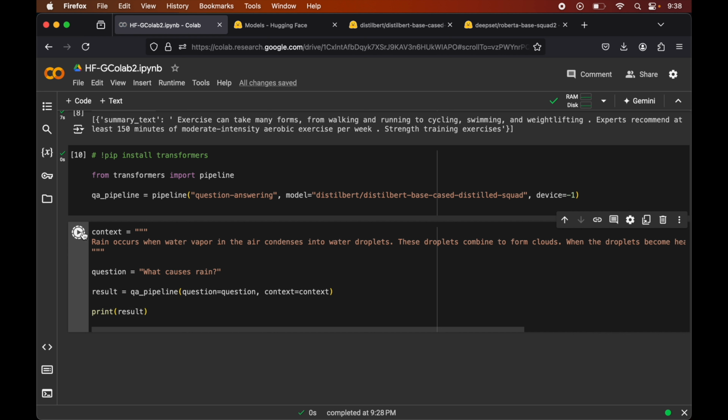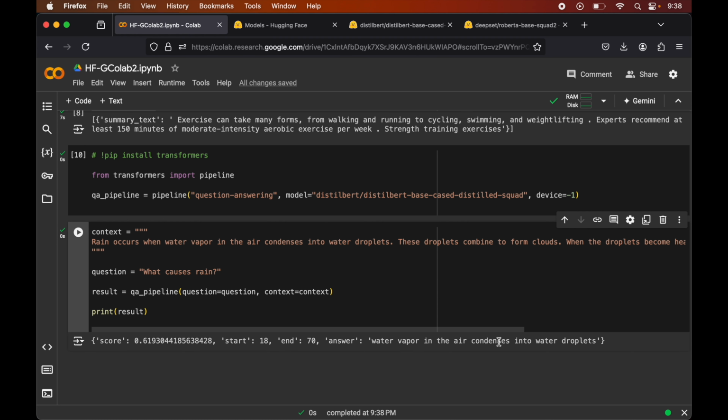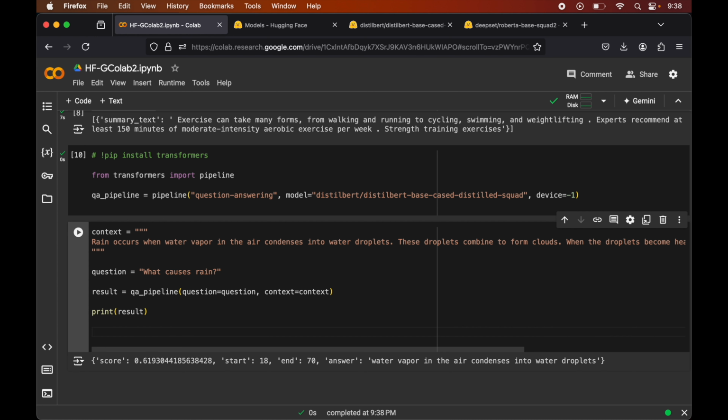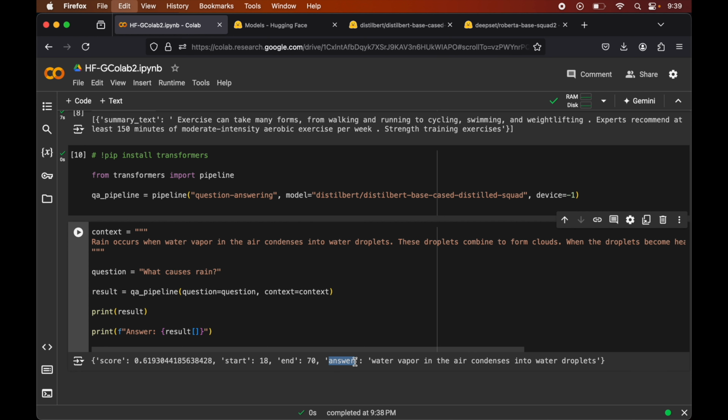So let's run this. Here we have got the answer: water vapor in the air condenses into water droplets. So this causes the rain. We can extract the answer itself from this result. So for that we will say print answer, and let's say result of, we will extract this particular answer key here.